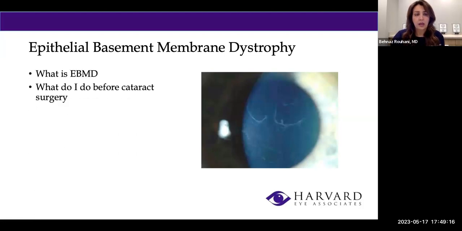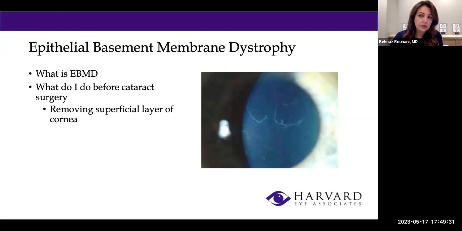So I kind of went over what it already is and what I do before cataract surgery. When these are causing a lot of irregularity, it would be best to remove them and make the surface clear prior to proceeding with surgery. The reason is that these can cause a lot of contrast and glare issues after surgery if they are not being addressed. The other reason is that sometimes they cause astigmatism that by removing it prior to surgery, then we won't be in need of moving forward with more premium or toric or astigmatism correcting lenses after surgery.